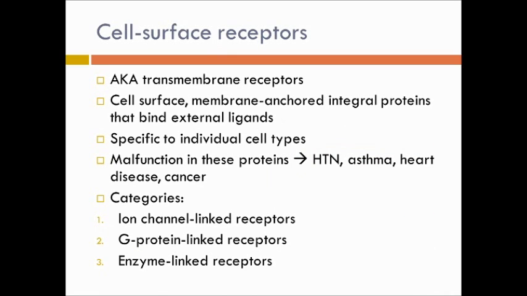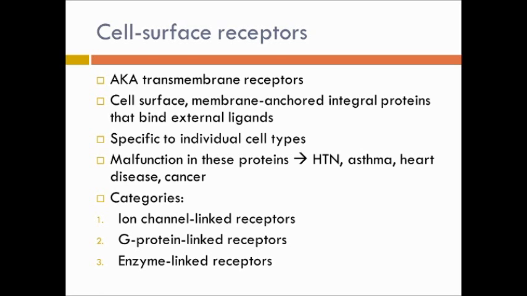With cell surface receptors, these are also known as transmembrane receptors, because they are found on the cell surface and they are anchored into the membrane as integral proteins. They bind external ligands and they are very specific to individual cell types. Because they are integral proteins, malfunction of them can result in some pretty significant diseases such as hypertension, asthma, heart disease, and cancer. And there are also 3 different types of these cell surface receptors: ion channel linked, G protein